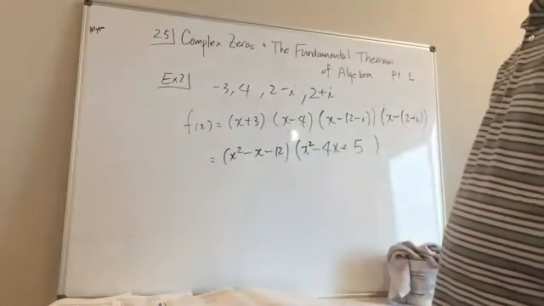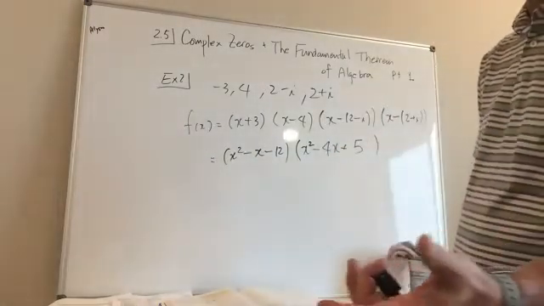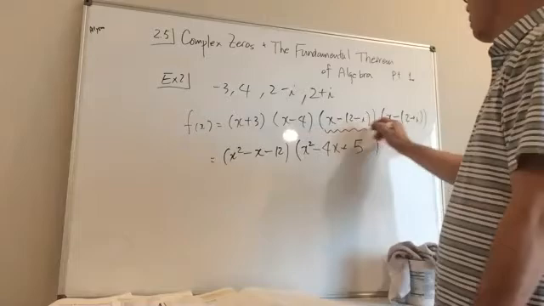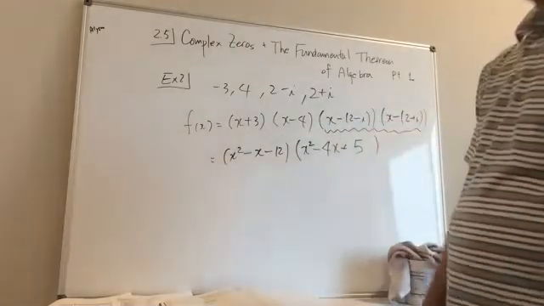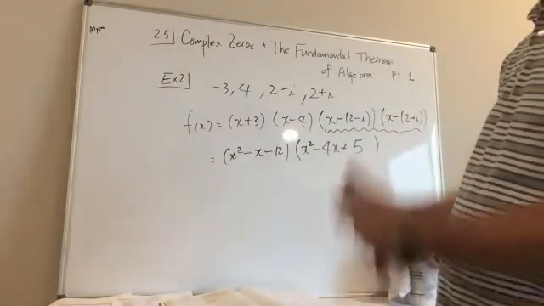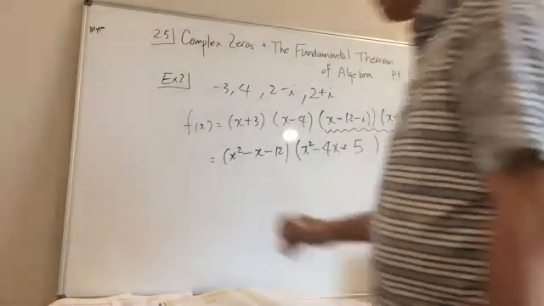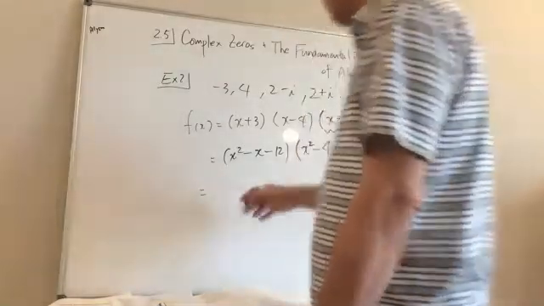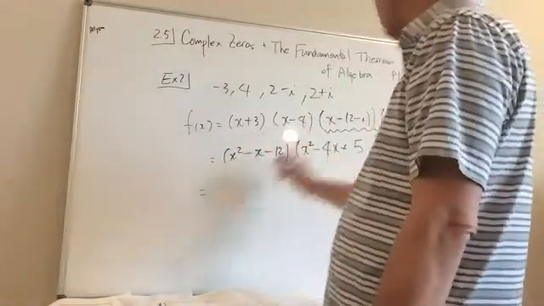Okay, so we have done the hard part here, right? This here is the hard part. We just did that. Okay, we'll do this a couple more times just to make sure that you understand it. Now let's go ahead and do this out and find out what we're going to get. We're going to get x to the 4th,